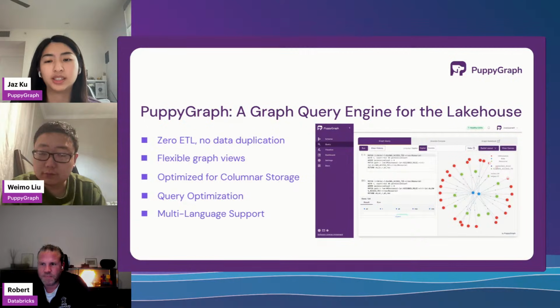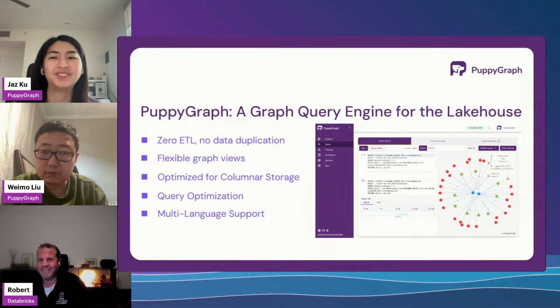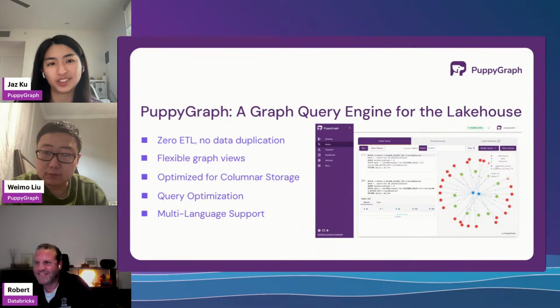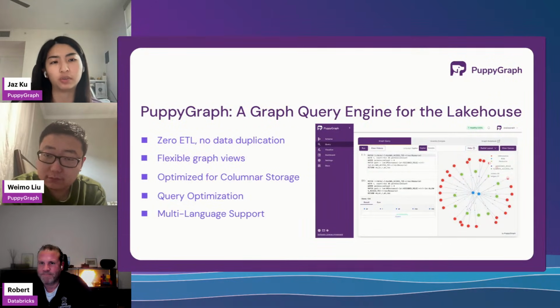And we're also a distributed MPP query engine, which means we take one big graph workload and split it into little tiny worker nodes to run in parallel. And then we also do vectorized evaluation. So we're able to process large amounts of data at once instead of just going row by row.